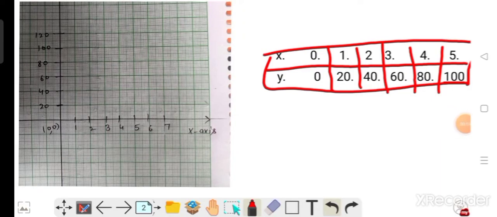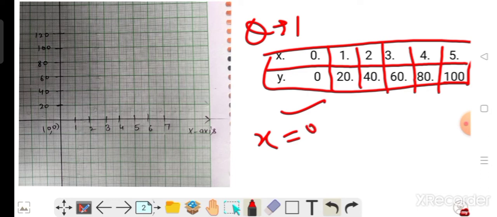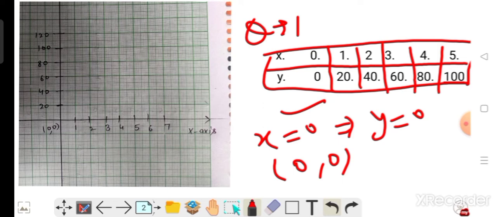As you all know, in the previous video we have completed our exercise 18.2 and we have discussed the line graph, how we can draw a line graph by using the x-axis and y-axis on graph paper. Okay, so this is question number first of your exercise 18.3, in which we learn how we can draw this data on the graph. In this data, when x equal to 0 implies y is also equal to 0, that means the ordered pair is (0, 0) and this is our point.